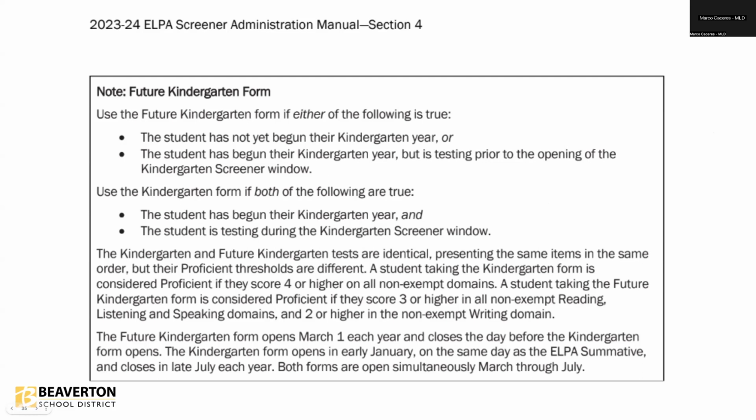Now, I do see some questions. I want to make sure I'm answering everybody's questions. Does anybody have questions? I know it's kind of confusing because I'm saying kindergarten a lot, but just think about it: future K and kindergarten. Future K starts in March and goes all the way till December. Kindergarten goes from January to July. And they mesh in between in March. So it all comes down to where the student is currently and where they're going to be next year. Are they going to be kindergartners next year, or are they going to be first graders next year? And then you determine what screener is given during that time.